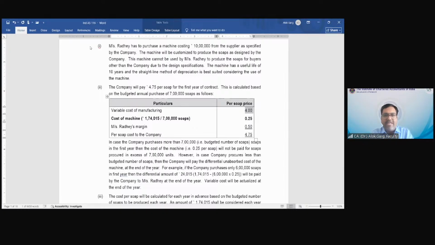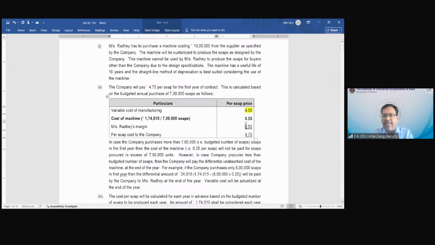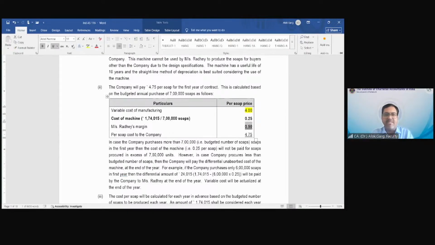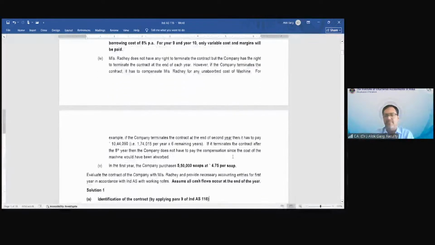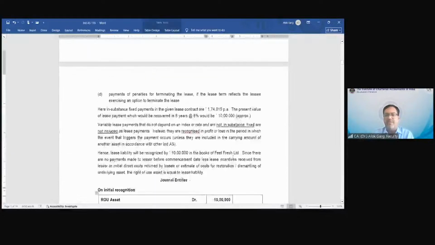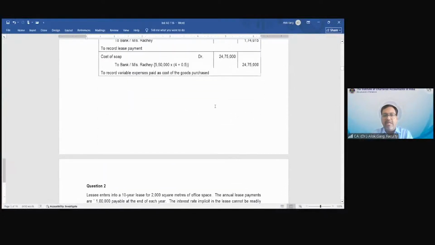So 5,50,000 quantity of the shop has to be multiplied by what? Has to be multiplied by 4 rupee 75 paisa or 4 rupee 50 paisa? 4.50, right? It has to be 4.50. So 5,50,000 multiplied by 4 rupee 50 paisa, 24,75,000 will be charged to P&L to record variable expense paid as the